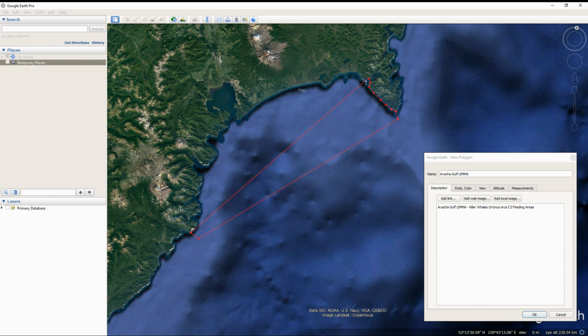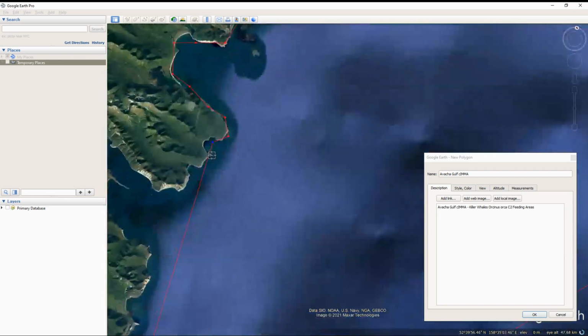Now the more you click the mouse button in between these places, the more detailed the boundary will get. At this stage, when we're making boundaries for candidate IMAs, you don't need to be too perfect with the area. Most likely the area will be improved later by the IMA Secretariat based on the proposals and the review process, but you can be as detailed as you want. You can even zoom in to really make much more detailed areas if you want to.